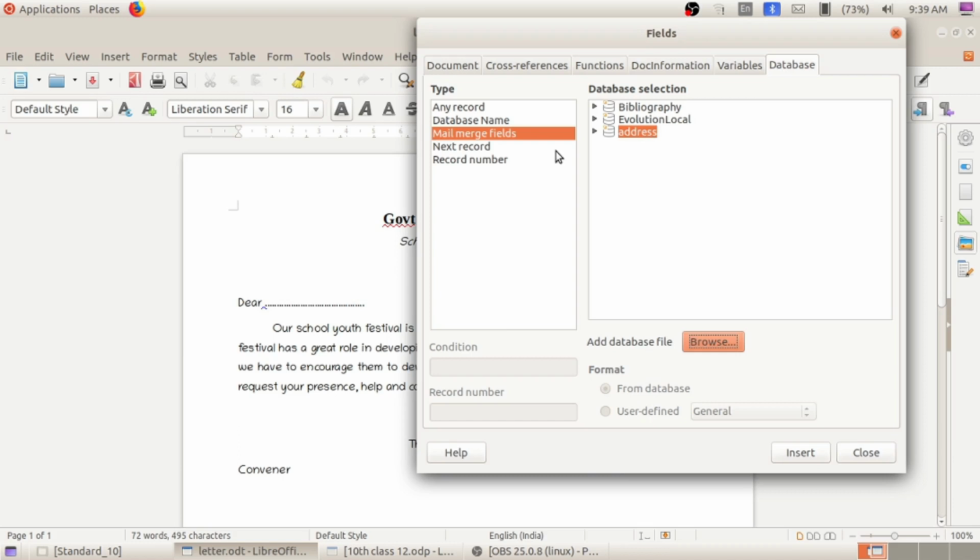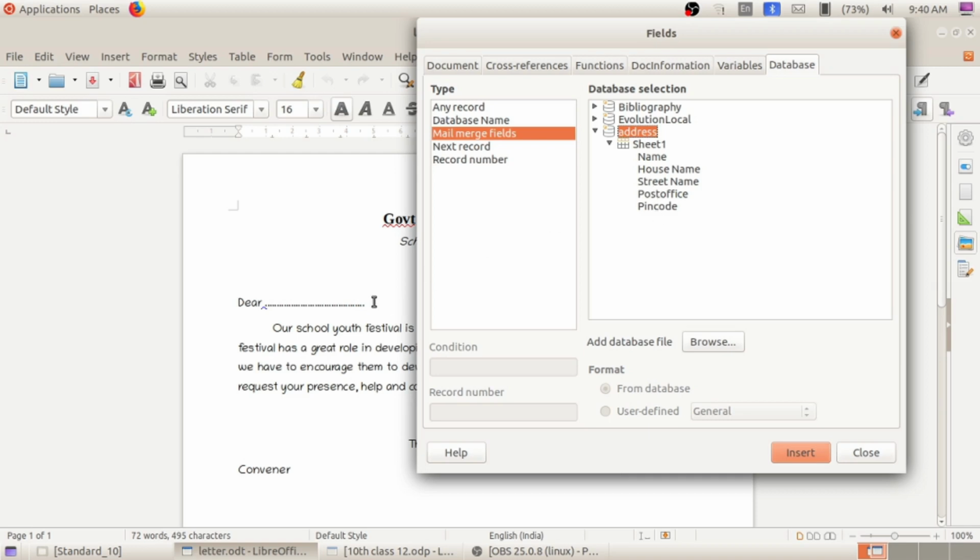The next step is, if you click on this arrow mark, you can see sheet 1. We only prepared sheet 1. In that sheet 1 we can see the addresses of the parents. If you click on the arrow mark near sheet 1, we can see the headings which we prepared in Calc software: name, house name, street name, post office and pin code.